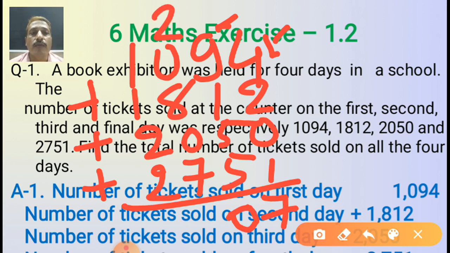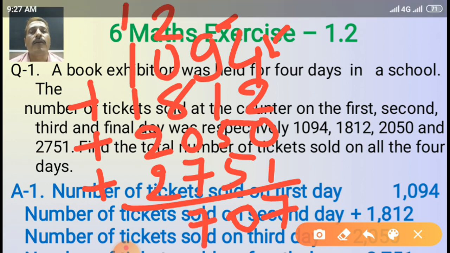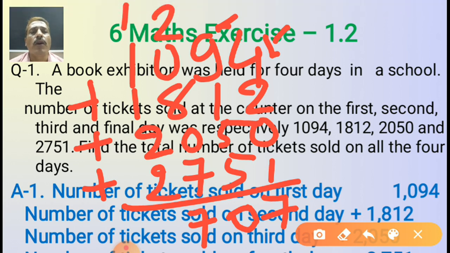Yes. Now 2 plus 0, 2. 2 plus 8, 10. 10 plus 0, 10. 10 plus 7, 17. So 17: 7 is here in the 100's place and 1 is the carryover. Okay student, look here. 1 plus 1, 2. 2 plus 1, 3. 3 plus 2, 5. 5 plus 2, 7. Yes, your answer is right.